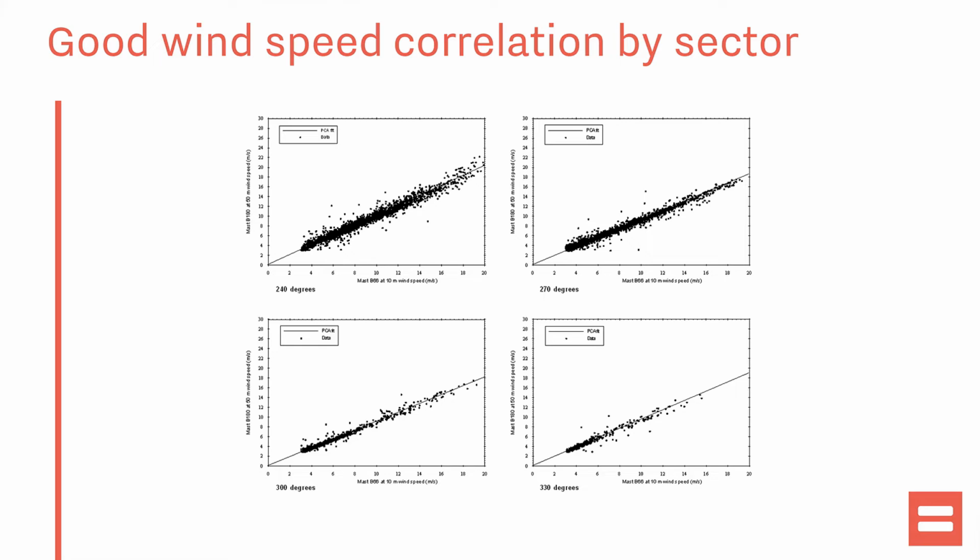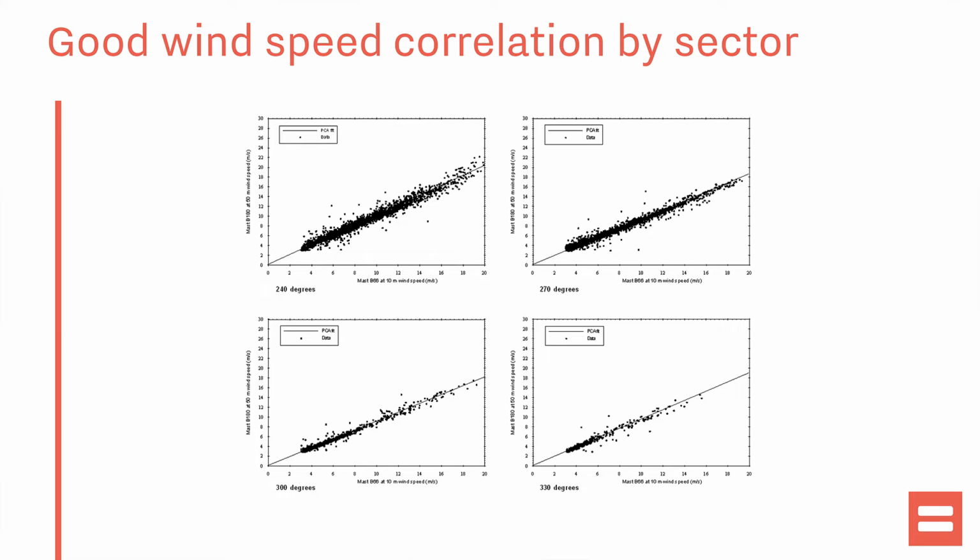So the x-axis here is the site mast, so the short-term measurement. The y-axis is the reference mast. And this is for different wind directions, and you can imagine that the correlation might be different for different wind directions, particularly if there's a mountain in the way or something's going on. In fact, these all look very similar, and I've said here this is a good wind speed correlation, and it